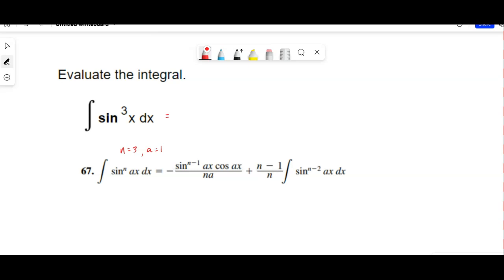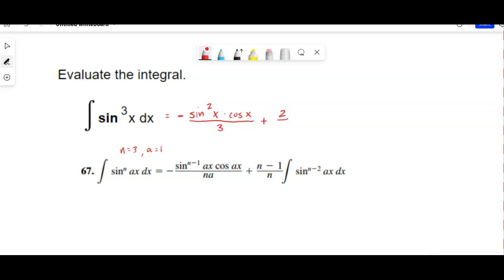The first thing I see is a negative sign. Then n minus 1, where n is 3, so that's going to be a sine squared ax. Again, a is 1, so it's just sine squared x. And then cosine ax, cosine of x, all divided by n times a. N is 3, a is 1, so that's just a 3. Plus now n minus 1 over n, that's 3 minus 1 over 3,